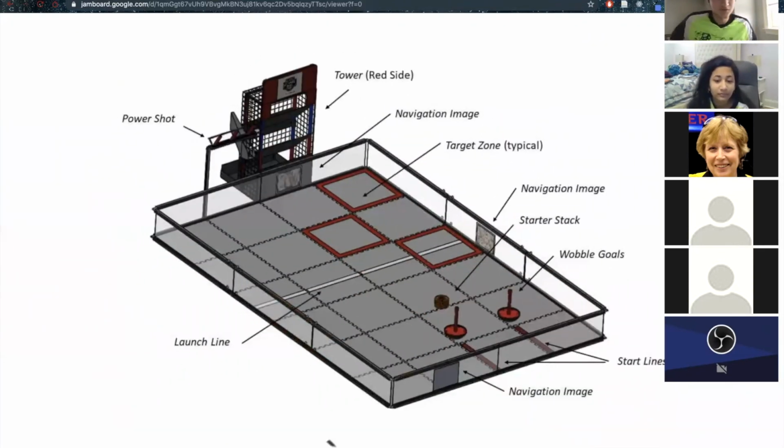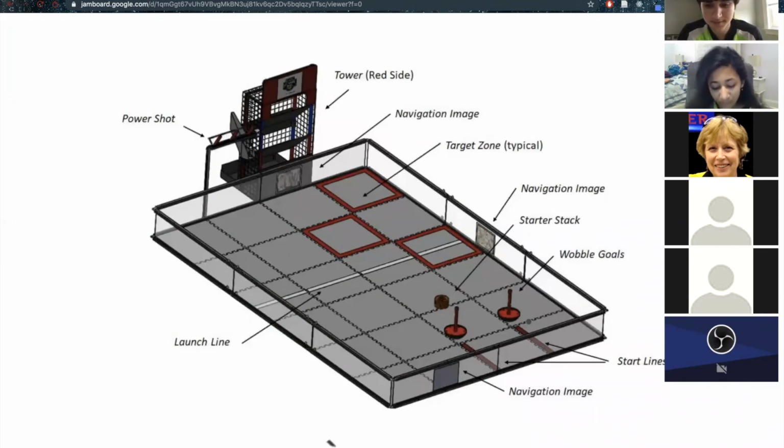So for this year's game, especially in autonomous, what's good is that a lot of the movement is restricted, meaning that you don't have to move around a lot on the field. So wherever you start here at the start lines, you can get pretty far in autonomous without using something like odometry. And this might be overkill for certain applications you're looking for, like pushing the wobble goal towards a certain point,